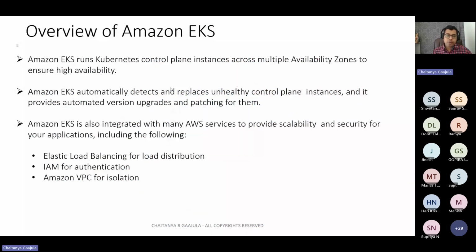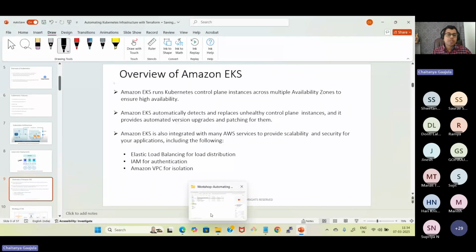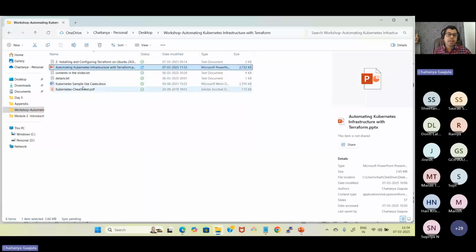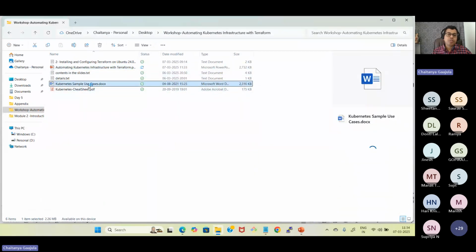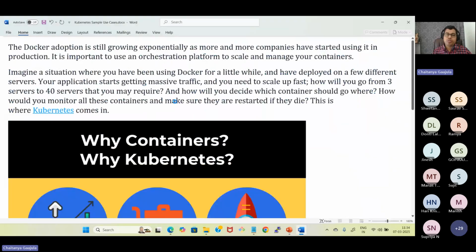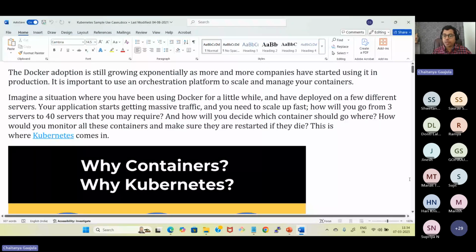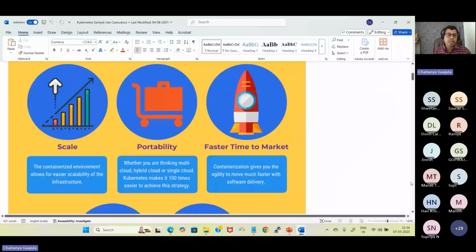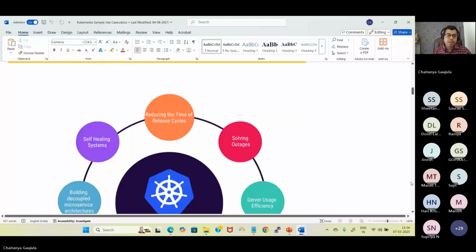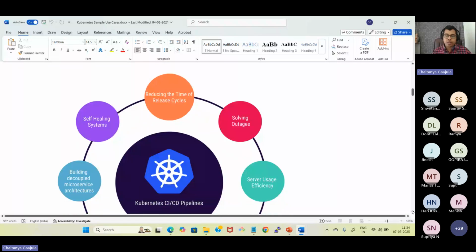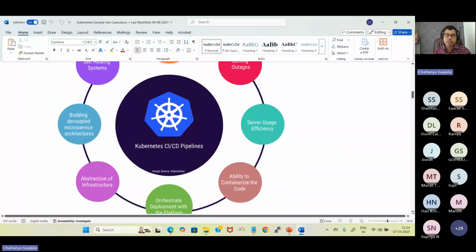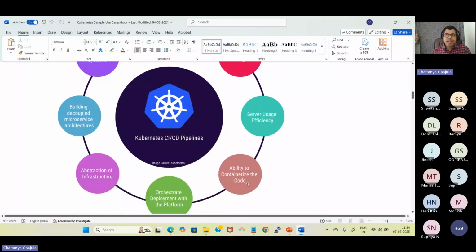Now, let me show some use cases about where we use Kubernetes. I'll share this document with you all. So we use Kubernetes for lots of critical workloads, for scalable workloads. Mainly we use it for containers. With containers, these are the features, and these are the important reasons why Kubernetes is preferred very much. First one is that anytime you can containerize the code. It means that you can write the configurations in a YAML file. And you can